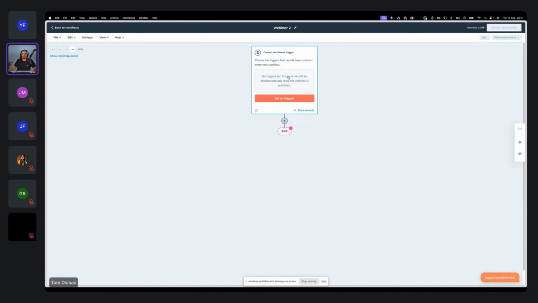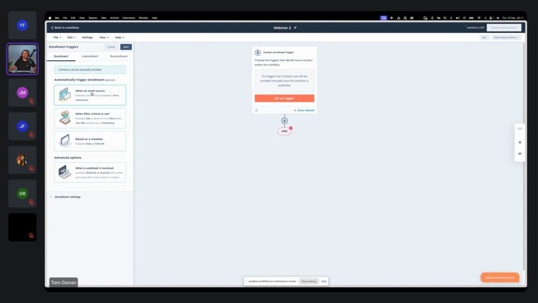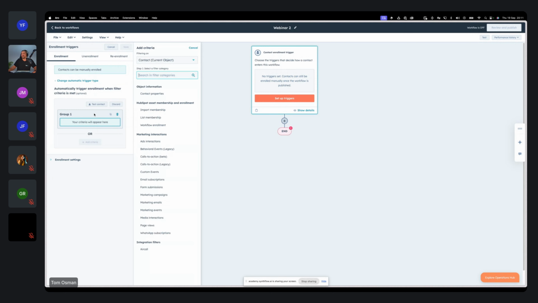If you've seen any of the tutorials that we publish, they're quite simple, but you can start with a trigger. Now this trigger can be anything. It could be when an event occurs, like a form submission we talked about. It could be when a filter criteria is met. For instance, a good example would be, let's say a contact has not been spoken to or contacted in